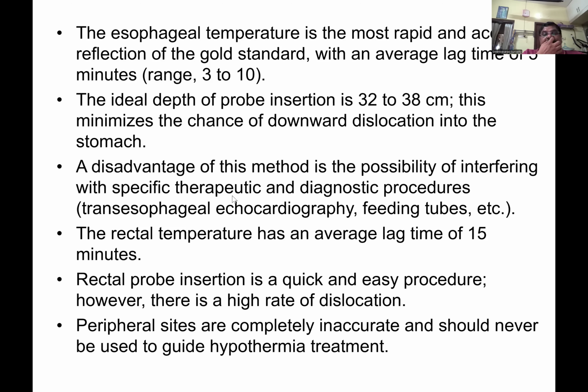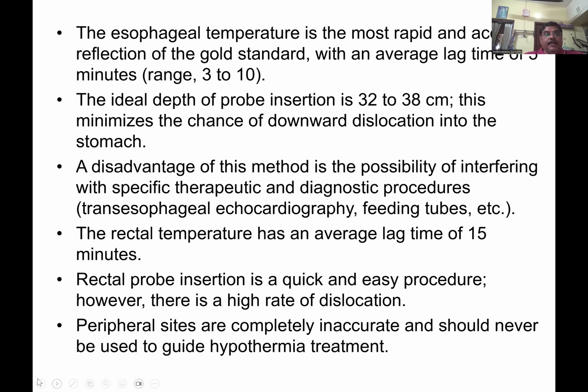That is, transesophageal echocardiography. When you are doing transesophageal echocardiography or putting in a feeding tube, the esophageal temperature measurement will be affected. The rectal temperature has an average lag time of 15 minutes, so we cannot rely on rectal temperature because of the very long lag time. Rectal probe insertion is a quick and easy process; however, there is a high rate of dislocation. Peripheral sites are completely inaccurate and should never be used